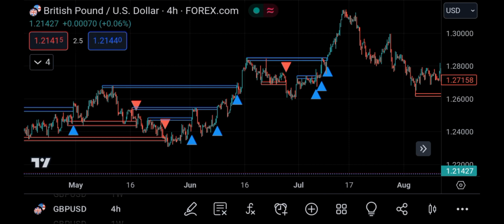And today we are going to look at the market structure basing our argument on what Elliott believed, because in Elliott theory,